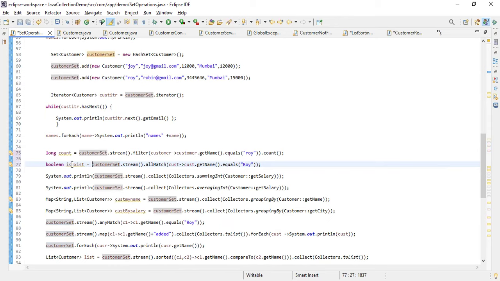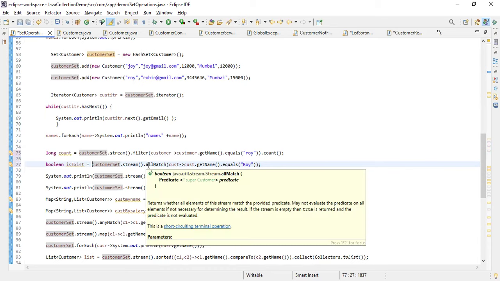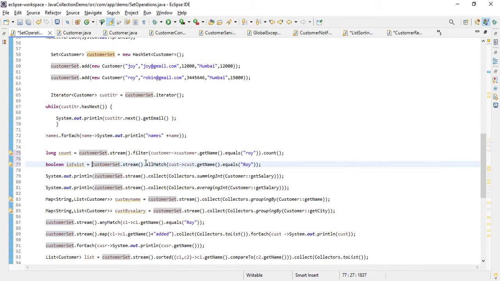So the value will always be false, because one customer has the name Joy and another has the name Roy here. So there is allMatch and anyMatch. anyMatch means if one of the customers' names matches, then it can return and you can get it.